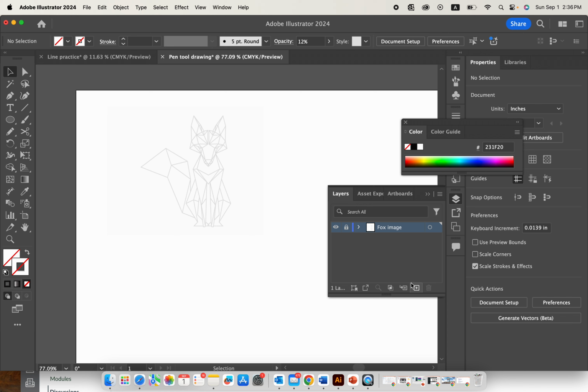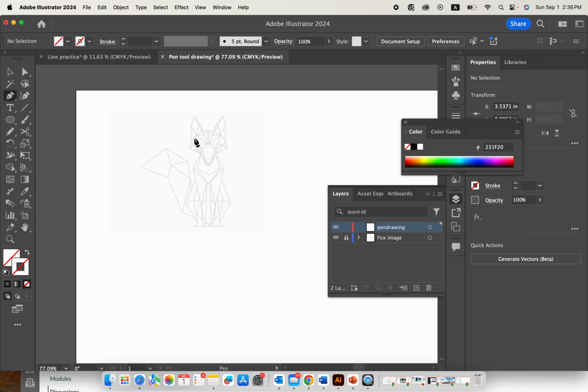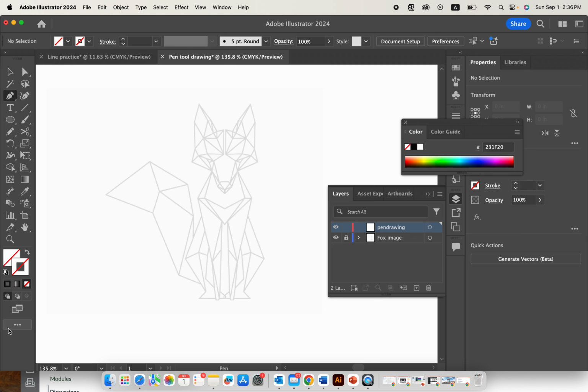Let's click on the plus icon here to create a new layer. This one I will name pen drawing. If I'm selecting this layer, you can find that I can start my drawing here because it's not locked. For the locked layer, you cannot do anything. So let's go back to the pen drawing,